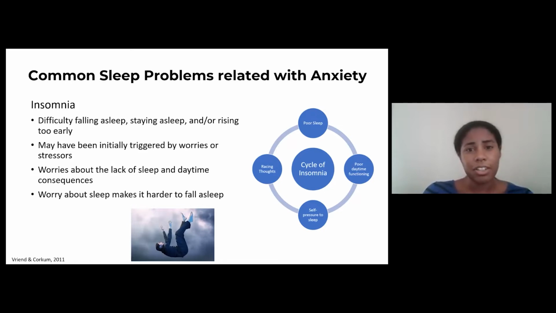And a lot of people do have acute insomnia, which may last a few days or maybe a few weeks, but then there are perpetuating factors. These factors really refer to the things that people do to compensate for poor sleep. And so these are things like staying in bed longer, or worrying about their sleep and how they're going to function in the day. And those types of things can ultimately continue this cycle of insomnia.